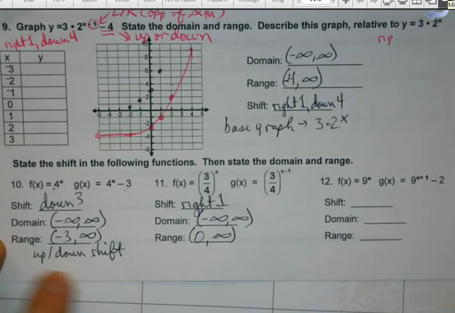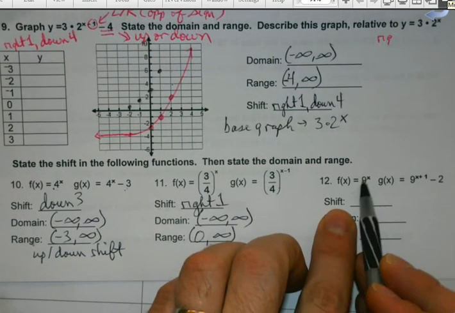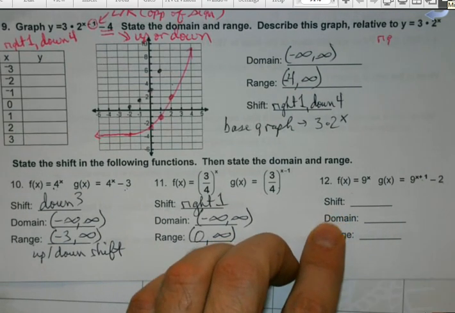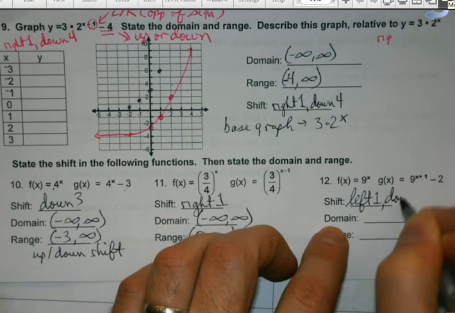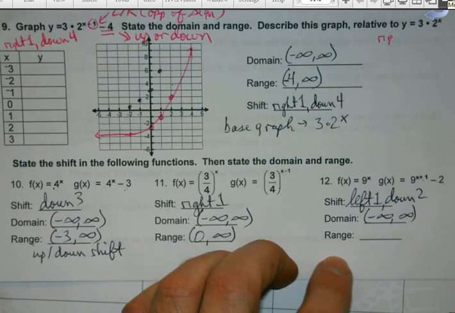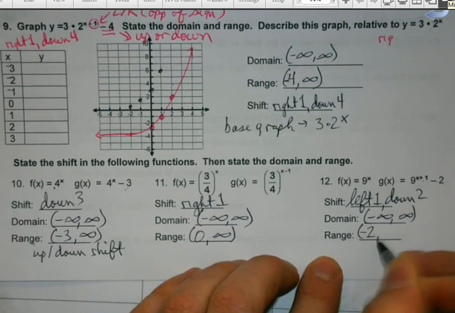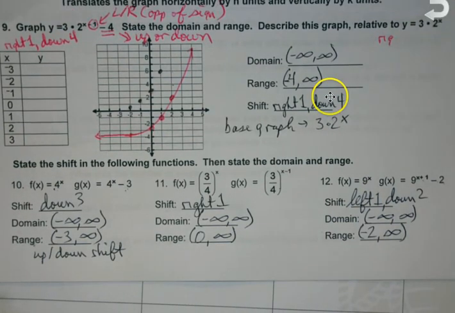Left and right shifts don't change my range at all. So with that in mind, what shifts do I have in 12? Left 1, keep that one, down 2. It doesn't change my domain, but what's it do to my range? Right, it boosts it down to negative 2 and off to infinity. So, what your task is going to be